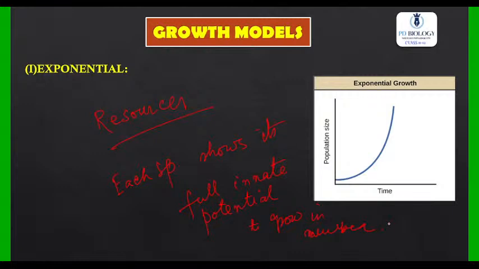If in a population of size N, the per capita birth rate is represented as B and the death rate is represented by small d, then the increase or decrease in N during the unit time period t